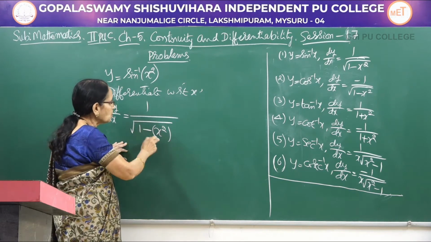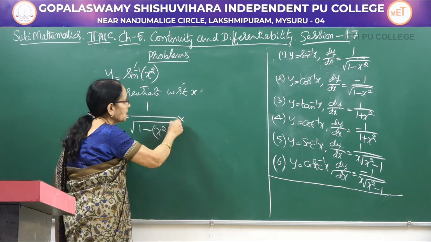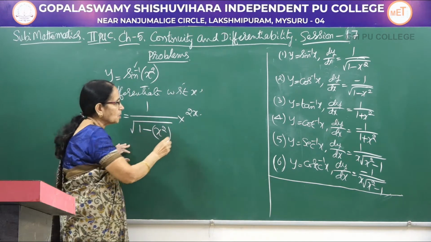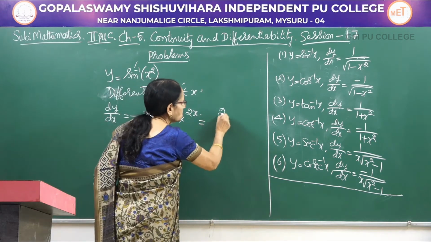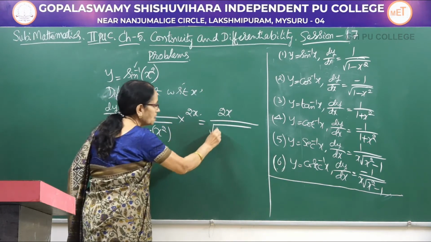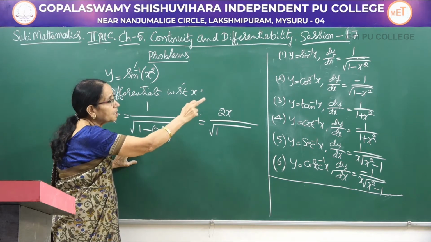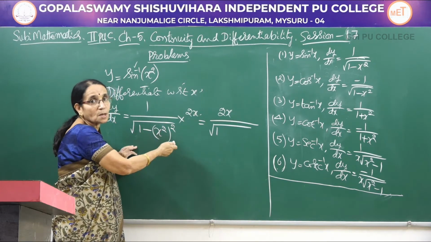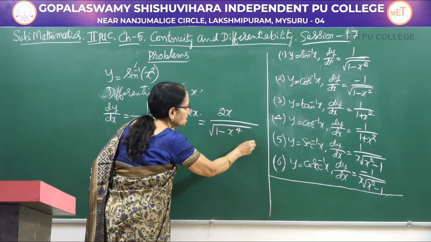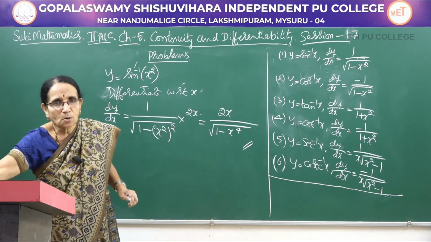Now, 1 over root of 1 minus x square. So, sine inverse part is over. Now, differentiate x square with respect to x, that becomes 2x. Now, let me write it. So, 2x numerator divided by square root of 1 minus x square whole square, sorry. It is 1 minus x square the whole square. So, x square whole square using the law of the indices, that would be equal to x to the power 4. So, this is how we have to write it.